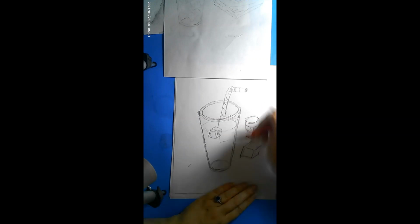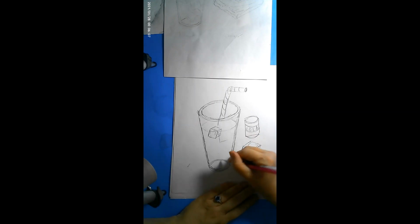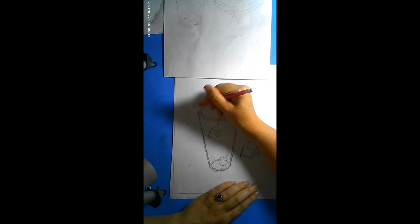Lots of ellipses. Because it's lemonade, I'm going to also add a lemonade slice. Could you add, if it's cherry lemonade, could you add cherries toward the bottom? Sure. Great. So I'm going to go ahead and put this circle in,